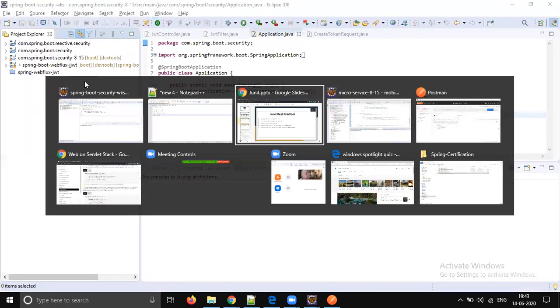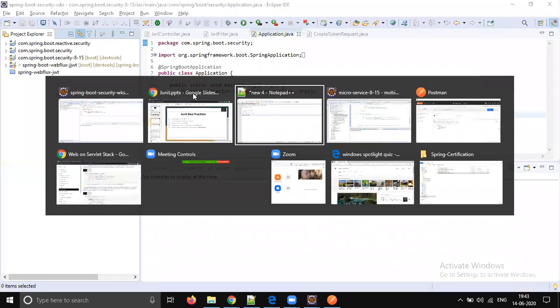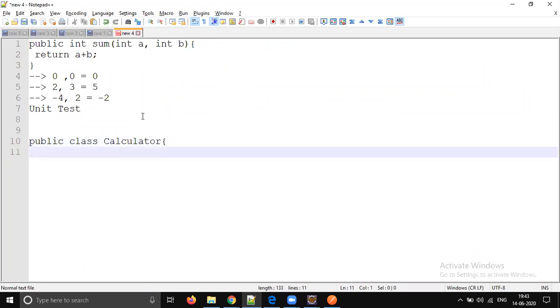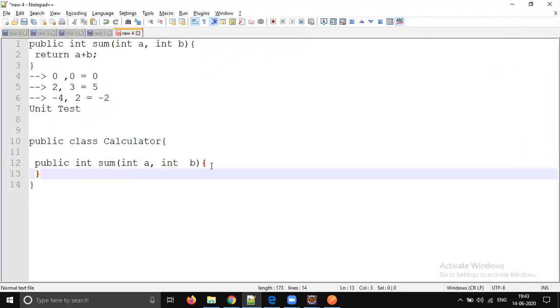So now let's go to the slide. You write a separate test class. For example, if you write a class like public class Calculator, then it has a method. Inside this, if you write a method public int sum, taking two parameters, int a, int b, and you are doing the sum of these two,